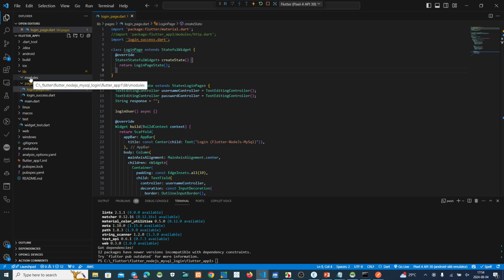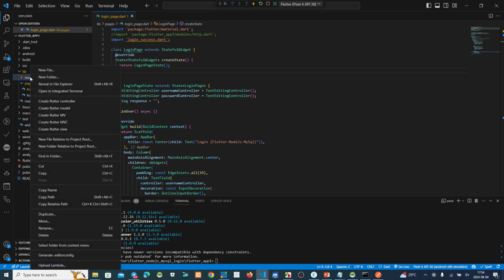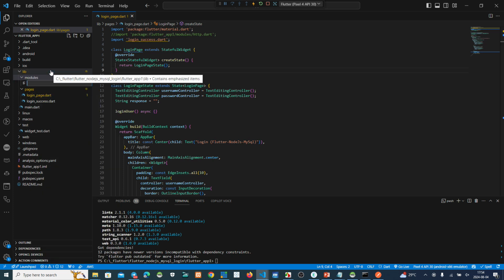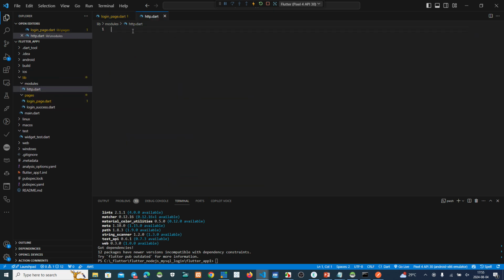Okay, we put here http.dart. Okay, we want to make HTTP post by using asynchronous function. Okay, because we use HTTP post, we query.